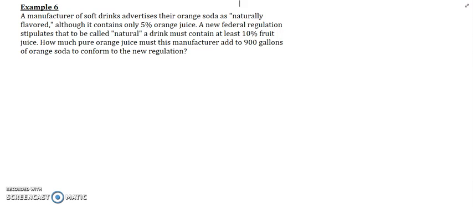A manufacturer of soft drinks, which by the way you totally shouldn't drink, those are unhealthy for you, advertises their